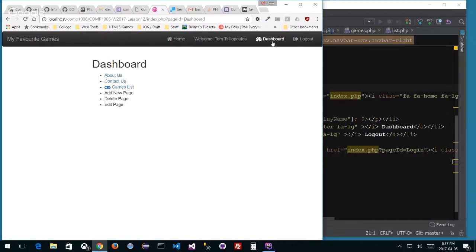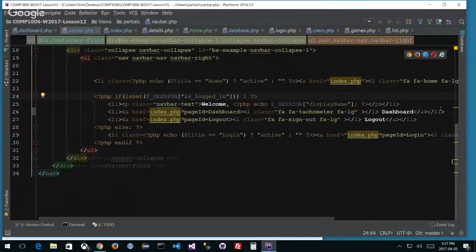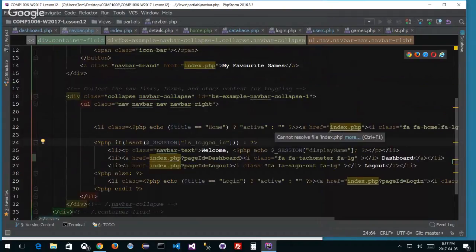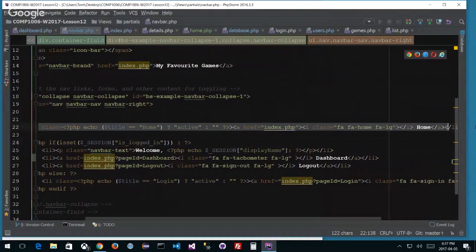So if you look at the dashboard, this kind of idea, I'll put this up on GitHub for you guys too, no problem. But what I want to show you is this. The other part, the most difficult part, is getting your pages working. All right, so I got my dashboard. That's cool, but this only shows up if I'm logged in. My index, my home page will always show up, this part here, because there's no if statement to check if I'm logged in here. So what I want to do is take this same idea